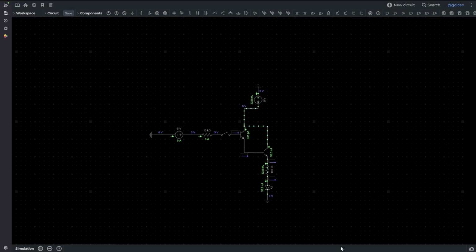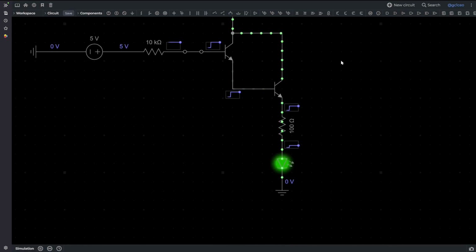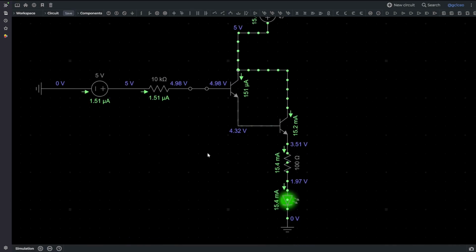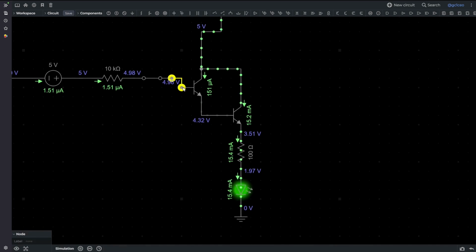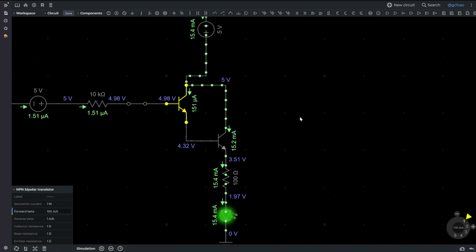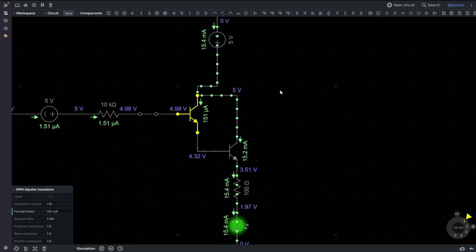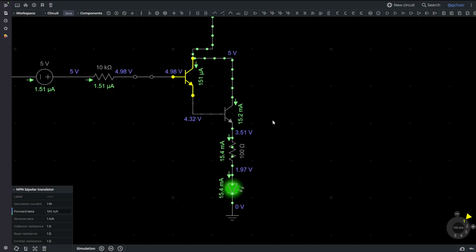Now here's a Darlington setup with NPN transistors. Just using it as a switch here. You've got very little, in this case, microamps, literally just 1.51, which is feeding into this first transistor, where it's outputting, see, this is all on 5 volts here, outputting to the second one, and that's becoming 15.2